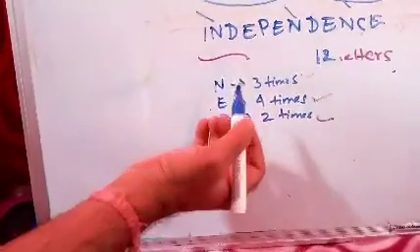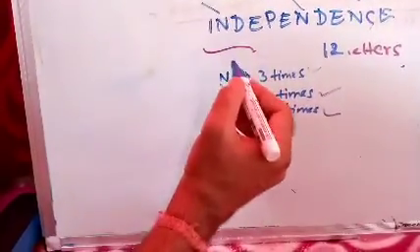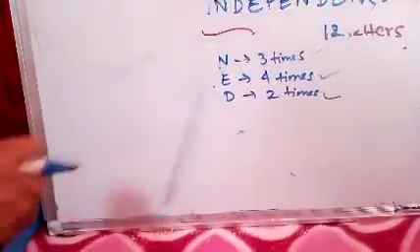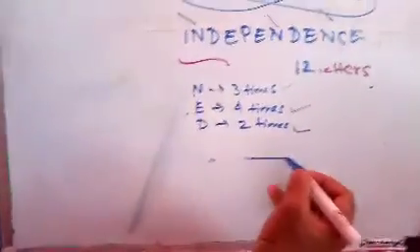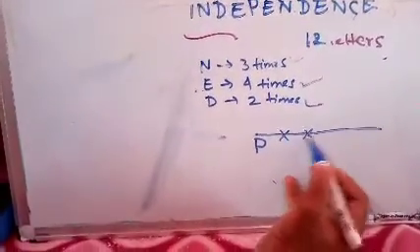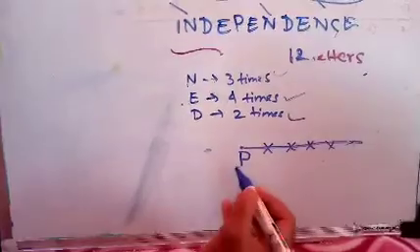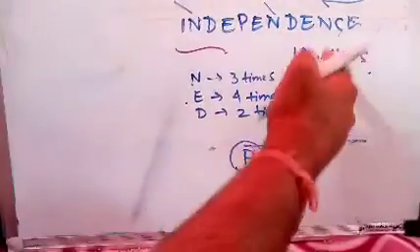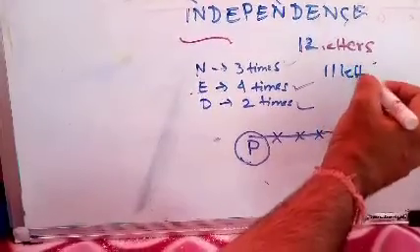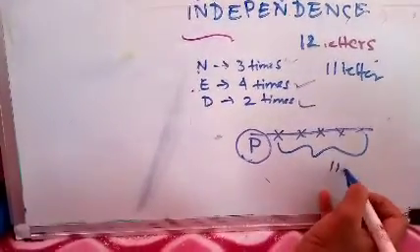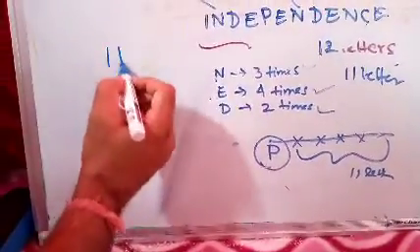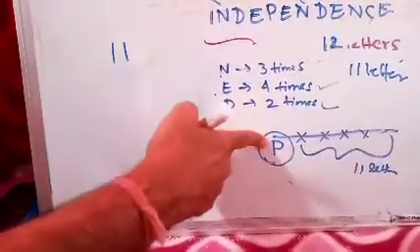Now if I ask how many words will form that start with P, I'll write P first, and after that I can place any letter. So one P is fixed. How many letters will remain? There are 12 letters, and one P I have taken, so the rest is 11 letters, which I can fill in here, because the word will start with P.